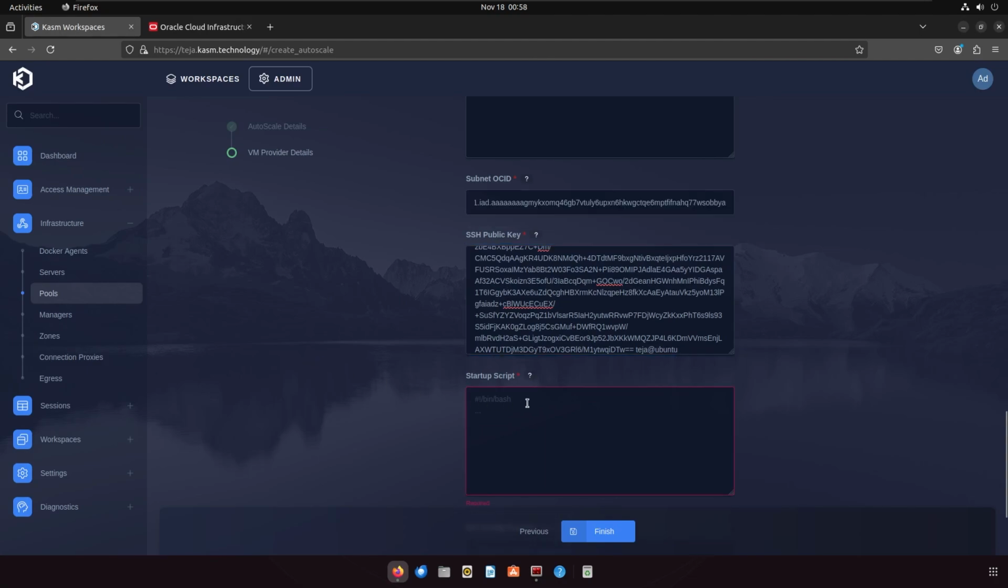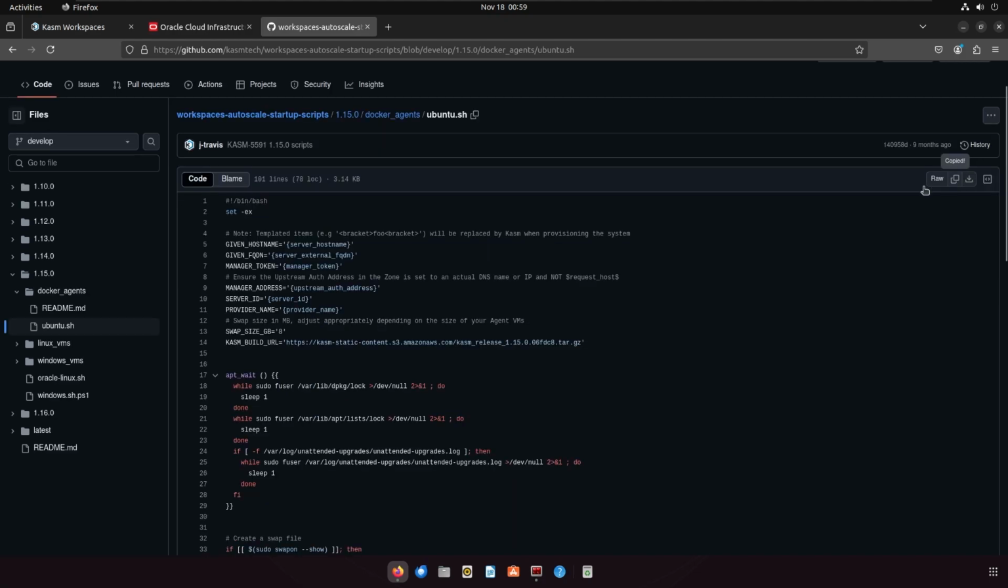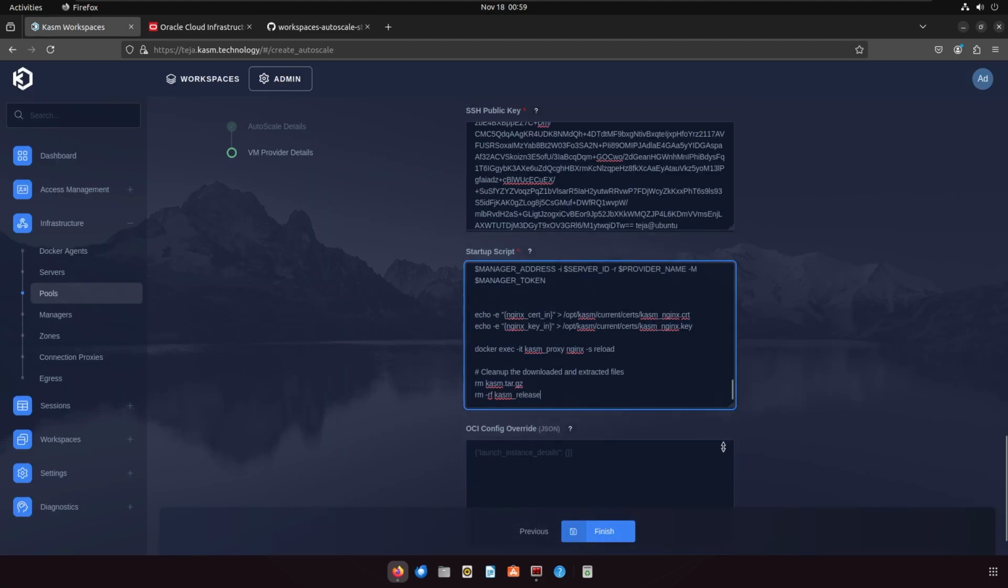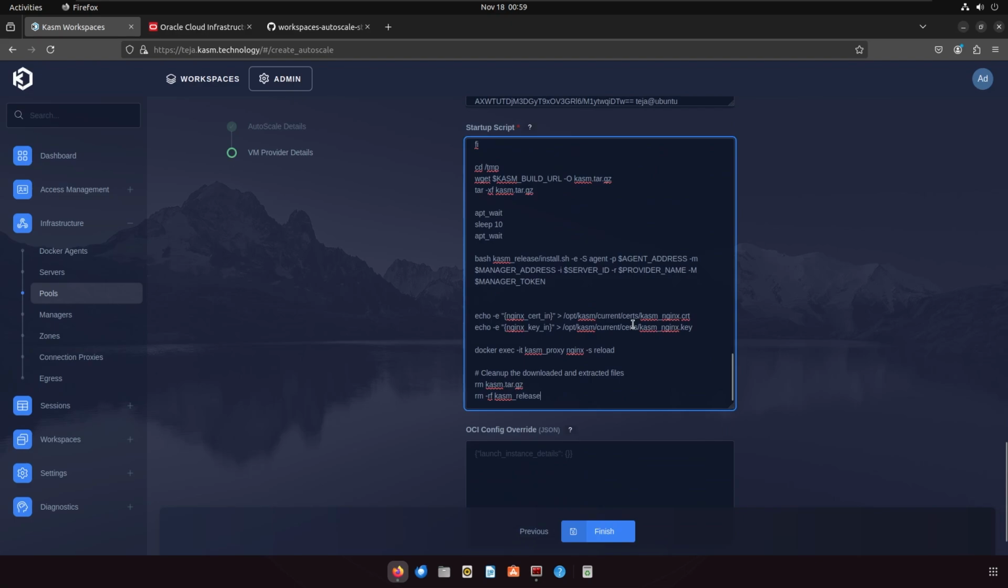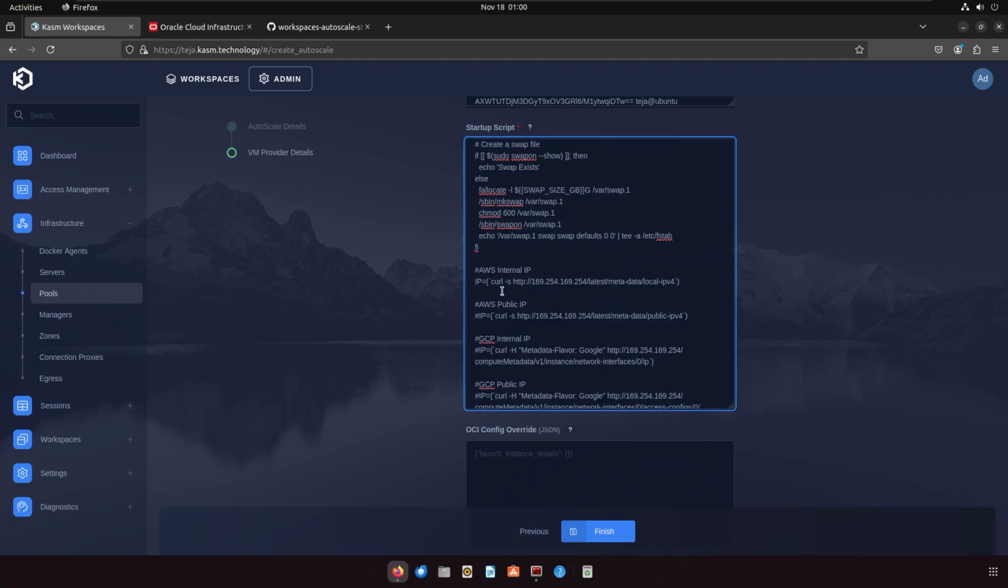Next up is the startup script, which is the script that we want to execute whenever a new agent is provisioned. So there is a startup script which is available on our GitHub. This script is publicly available on our GitHub repo called Workspaces Auto-Scale Startup Scripts. So I'm going to copy this and paste it here. Now, there are some modifications that I need to do here before I can submit this. The first thing is that I need to customize it to work with OCI. You can see over here, it's trying to get the IP address for different cloud providers like AWS, GCP, etc. So AWS is the default here,